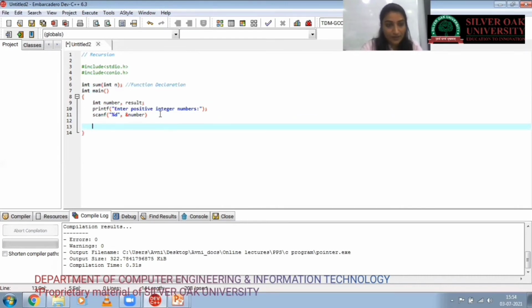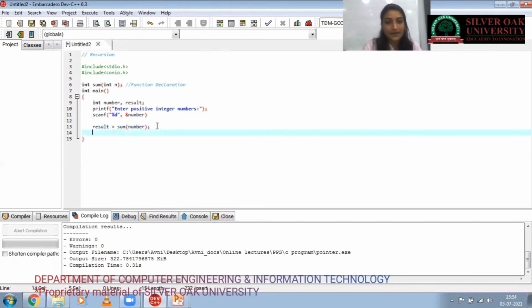We want to assign the result into the result variable. We want to get the sum of this number, and then we print the result.